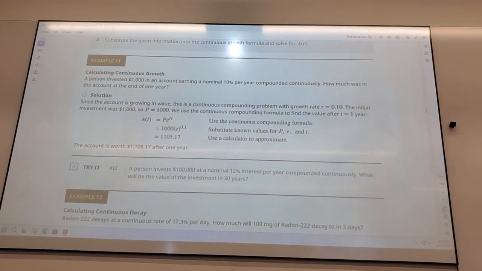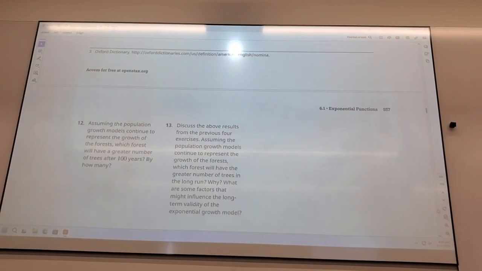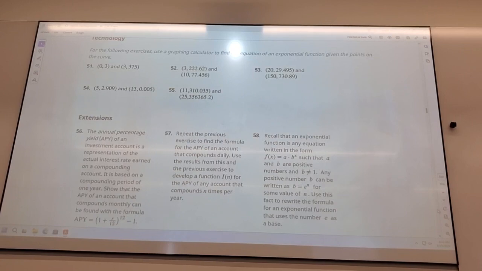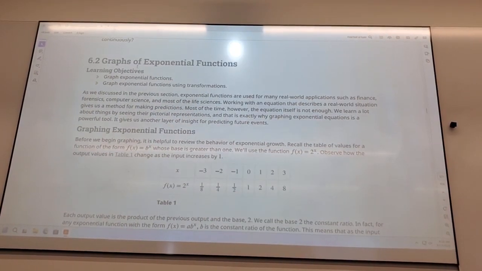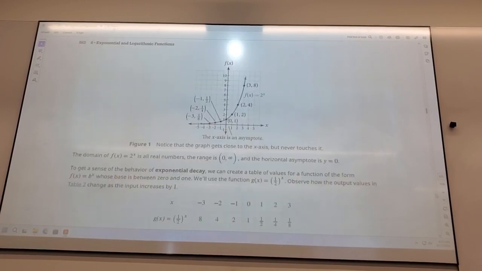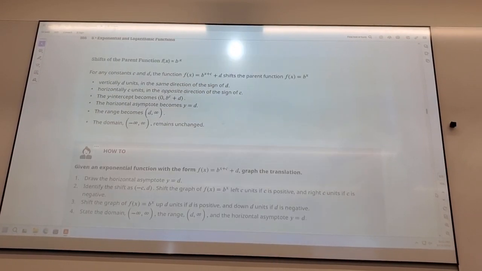Now we're getting something nifty. And I can't remember if I asked you guys, I'm pretty sure I did. This is just graphing, we already graphed stuff. 6.3, we get into